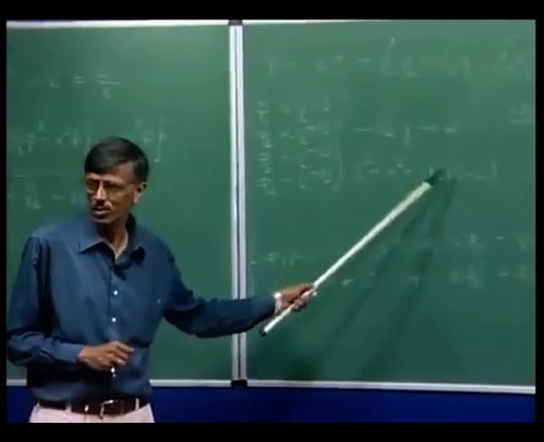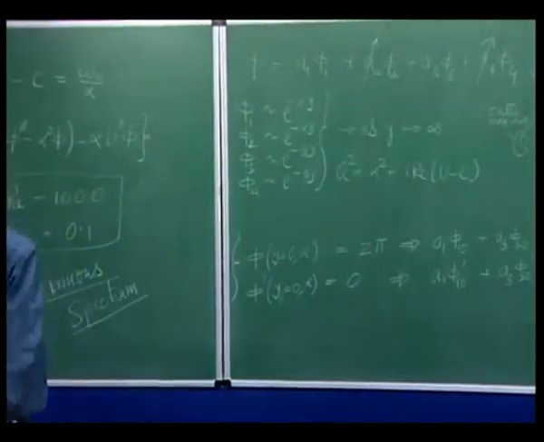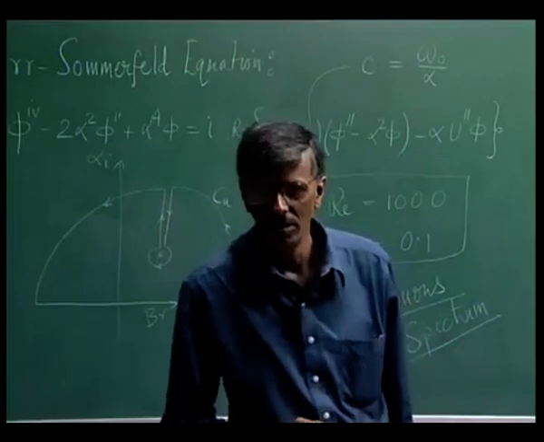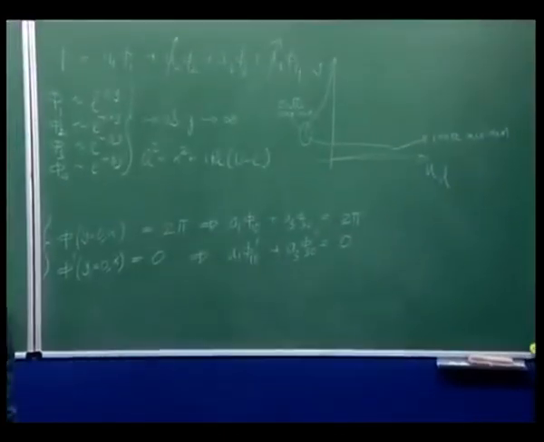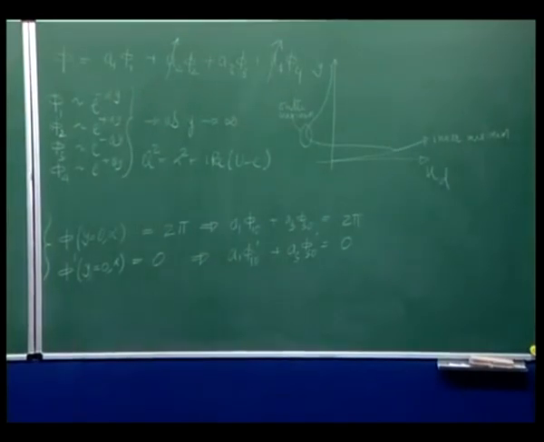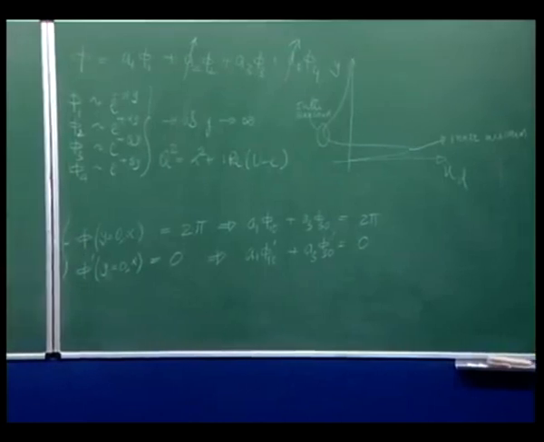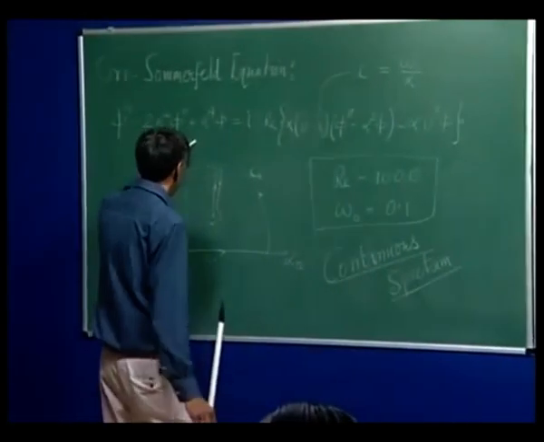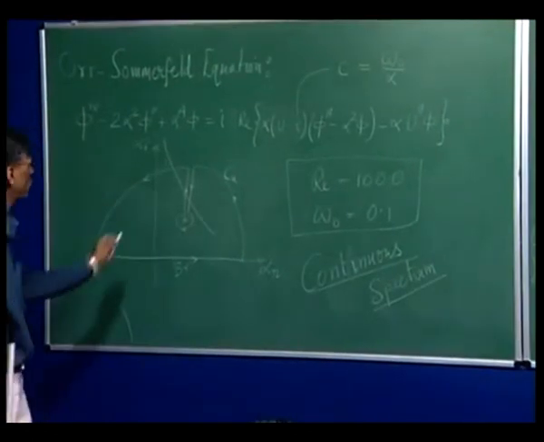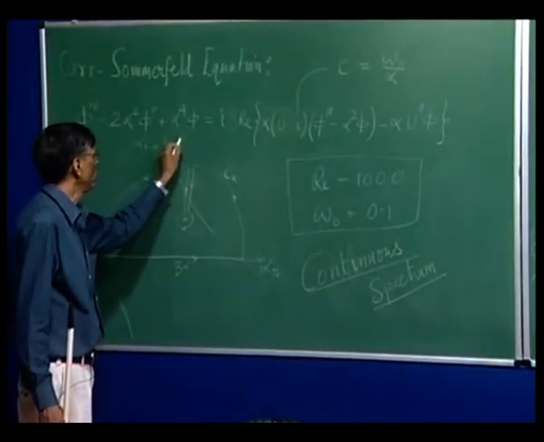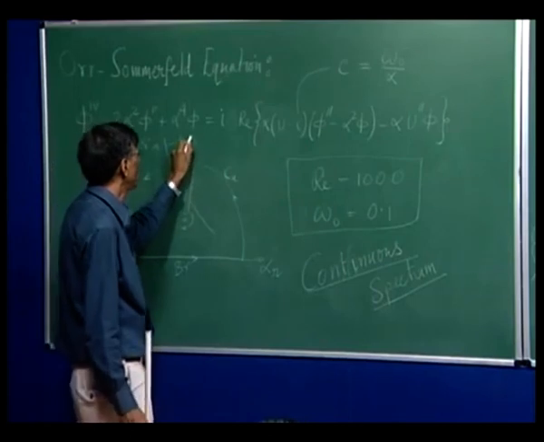Expression is given, you can work it out. I will give it to you as an assignment: work it out and find the curve or curves along which Q is purely imaginary. And if you have such a curve, which you would be able to see, there would be 2 such curves along which Q is